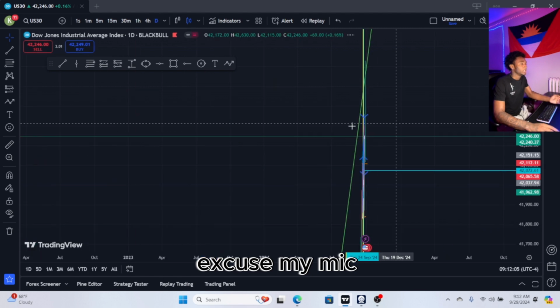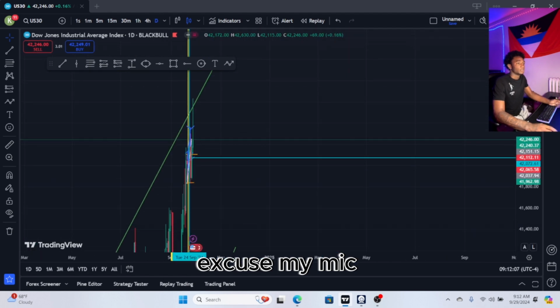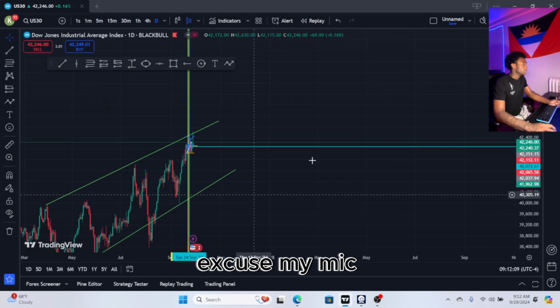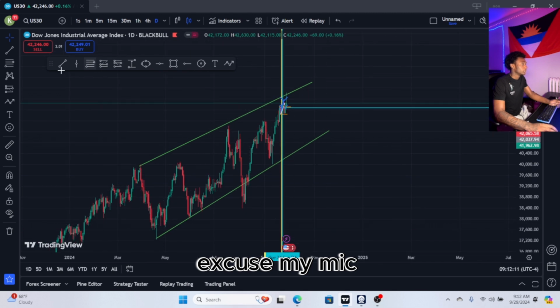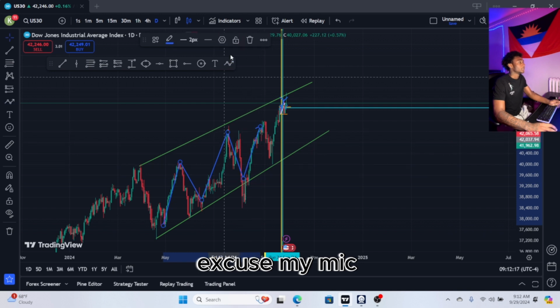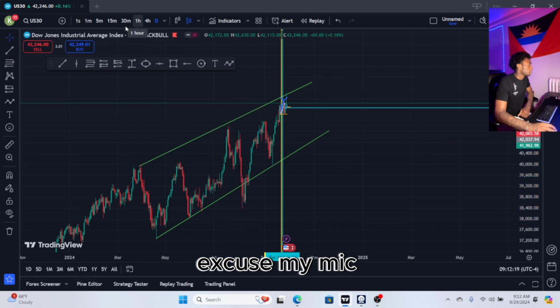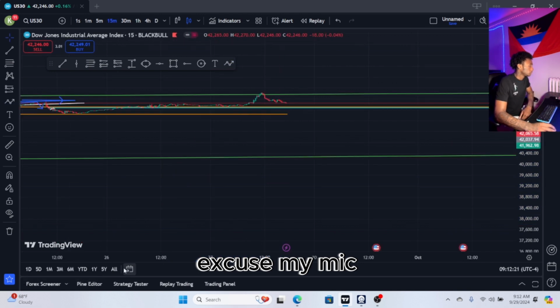So we go on the daily time frame, and as you guys can see on the daily time frame, price is overall in an uptrend. As you can see, price is making higher highs, higher lows, higher highs, higher lows, higher highs. So price is in an uptrend. So we go back on the 15-minute,